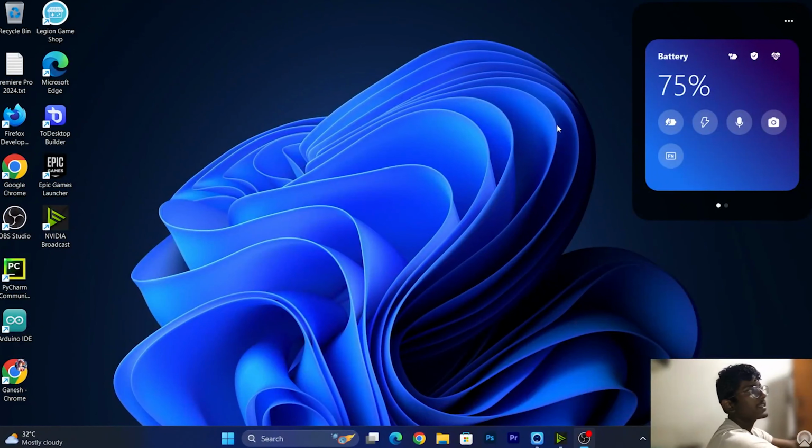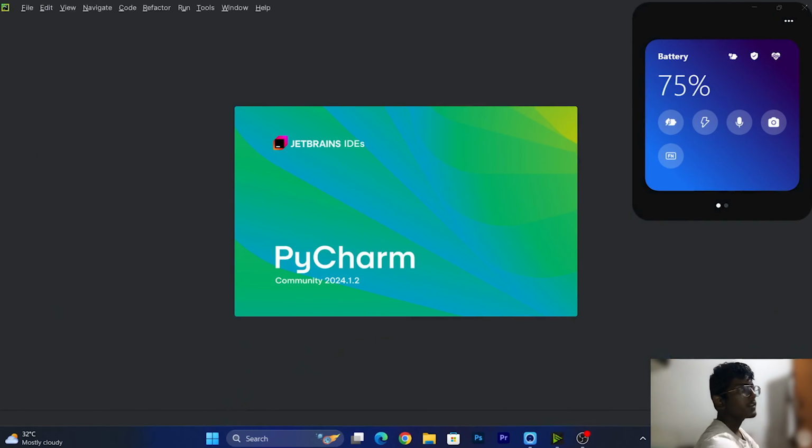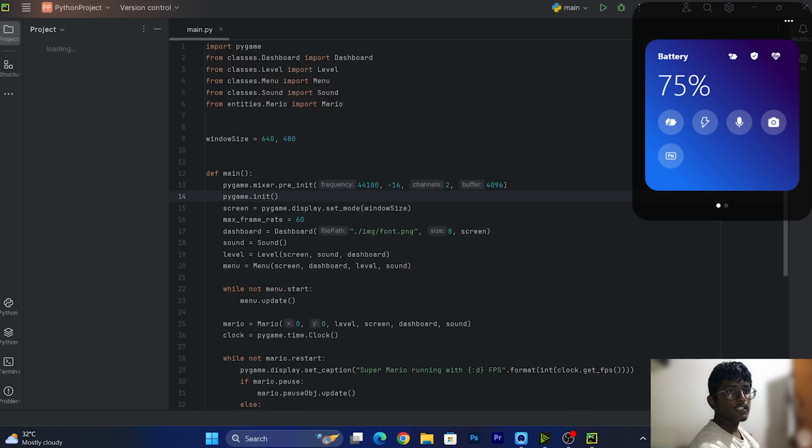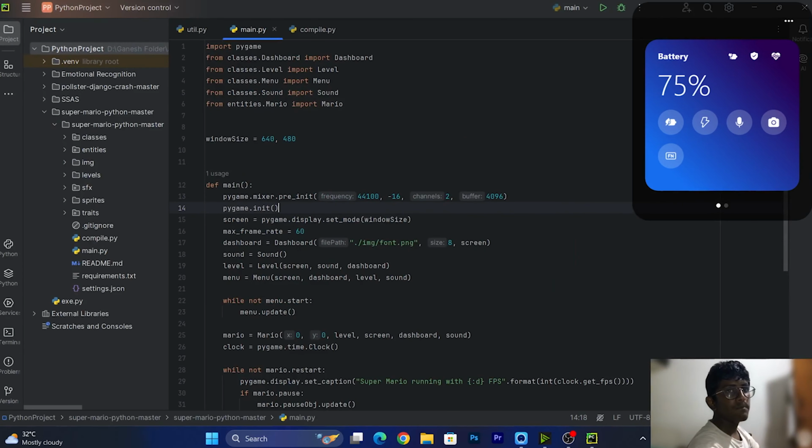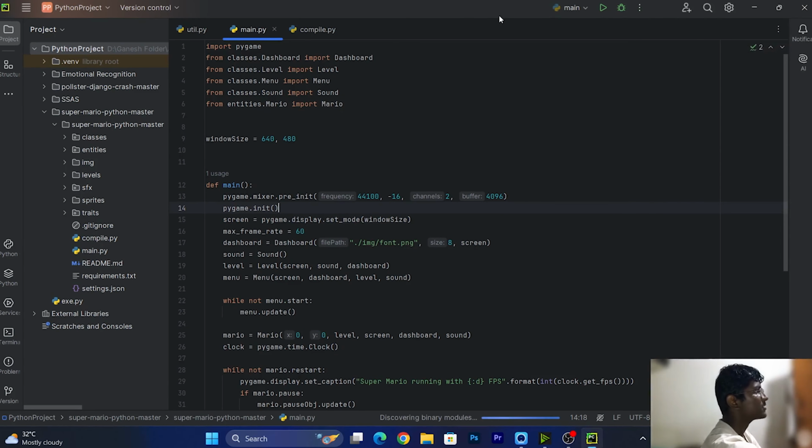So now I'm at my desktop as you can see. Basically I have used PyCharm Community Edition for my project and I would recommend you all to install PyCharm Community Edition as it provides reliable features for the developers. Now I will click on the IDE and open it. PyCharm Community Edition is basically developed by JetBrains IDEs. So it's a heavy software. It might take time, depends on your system. In my case it opened in a second as you can see over here.